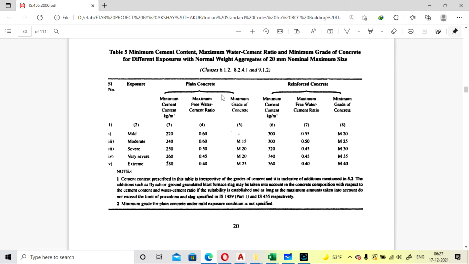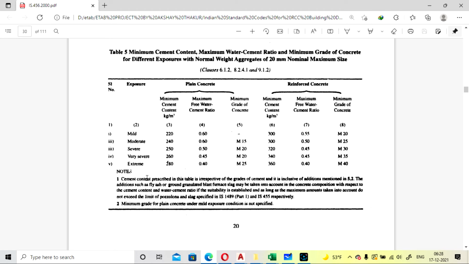Okay, and for plain concrete, see if you are looking here, you will see that once the grade increases, your amount of water decreases. Okay, see here, for M25 it is 0.50, for M30 it is 0.45, for M40 it is 0.40. Similarly, as the grade decreases, for M15 it is 0.60. So if the grade is less, your water quantity will be more. Okay, so